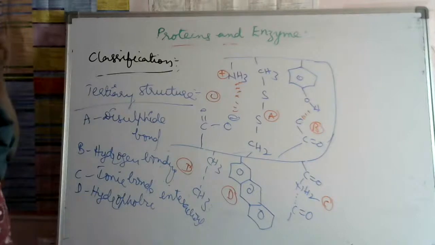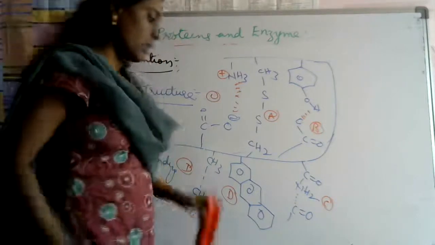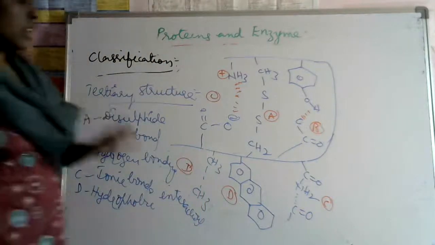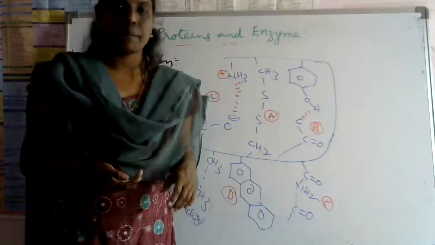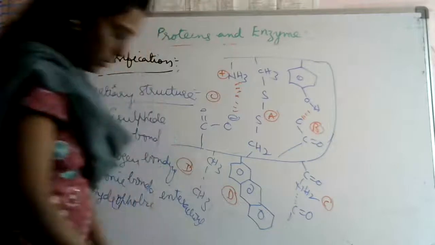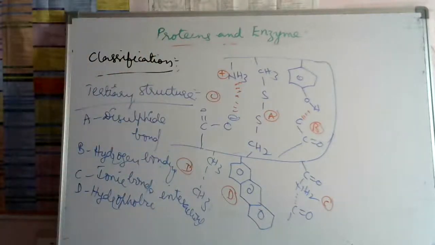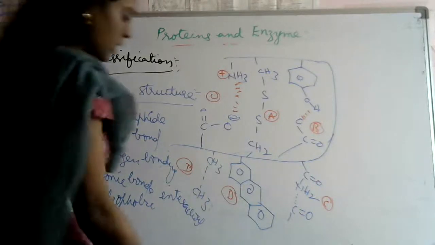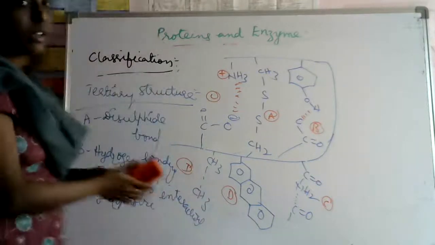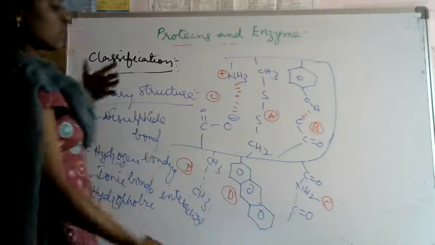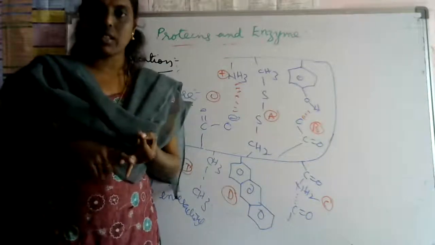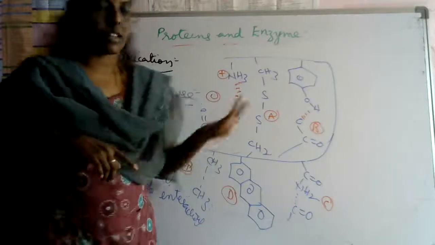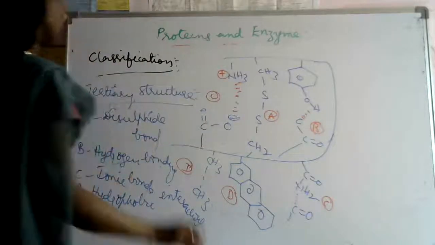Tertiary structure. So next one. In the next class I will explain the biological importance of proteins. Otherwise I want to complete this one. Okay, let's finish this chapter. So this is about the protein classification: primary, secondary, which has three types: alpha helix, beta pleated sheet, triple helix, and the fourth one is the tertiary structure. Okay. So next one,